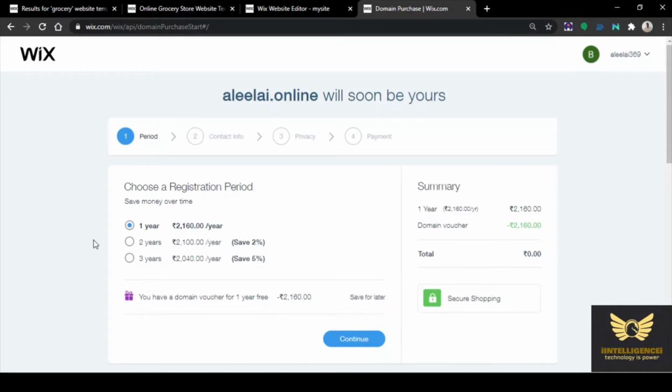So then you can click continue. Actually they are giving a domain voucher for 2160 rupees. So 2160 is the actual cost. Subtracting the domain voucher, it costs 0. So now you can click continue.